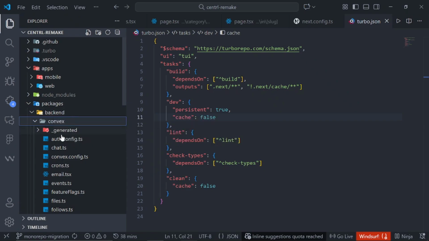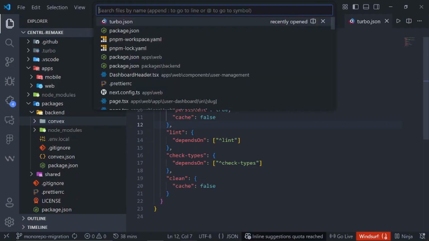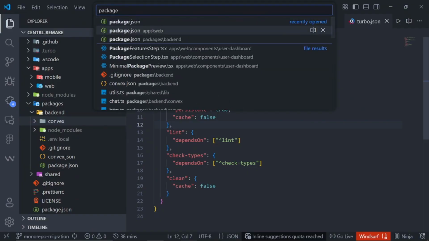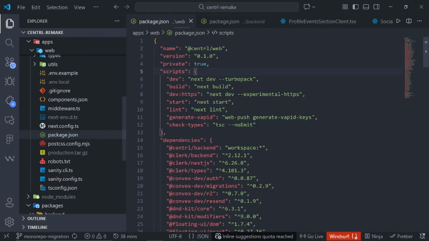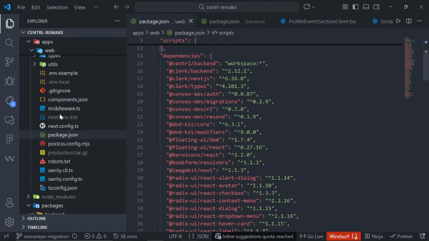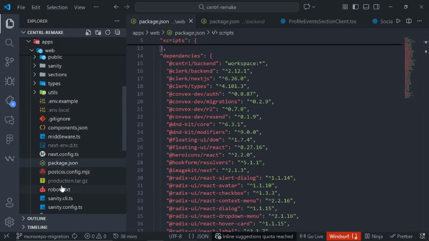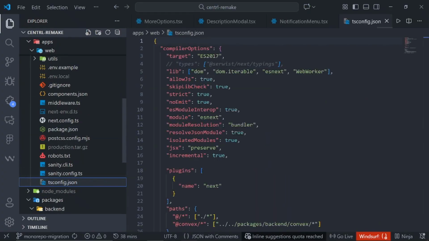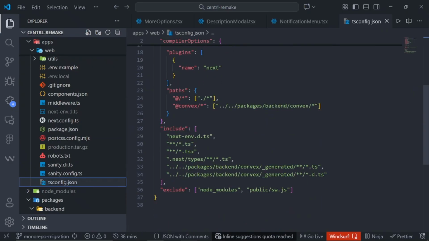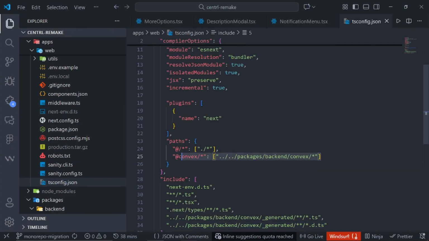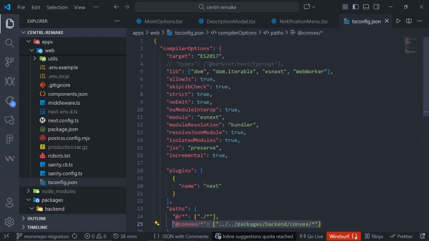So mine was this generated. What I just did, if you're using Convex, you go to your web version, I think it's the ts.config on the web version. Yeah. So I just added this folder. I just specify the backend folder right here, and I also did right here,